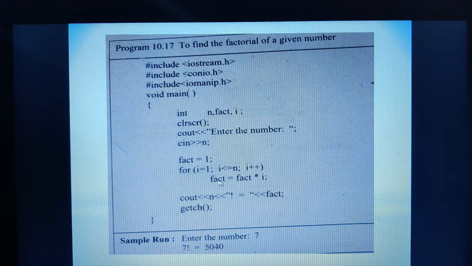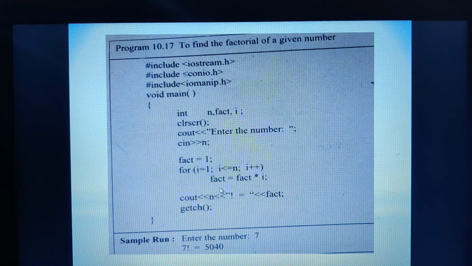It comes out of this for loop and control goes to the next statement wherein I am printing the answer. n is nothing but 7. So 7 followed by, this is a string, no? A static string. Because it is enclosed under double quotes, as it is, it will be printed. That is not equal, this is the factorial symbol actually. Factorial is equal to fact. Whatever calculated answer I am holding in this particular variable, the same thing will be printed. So this is the program.